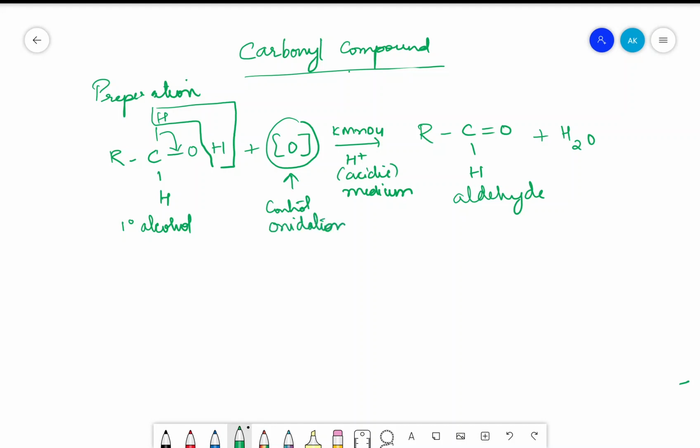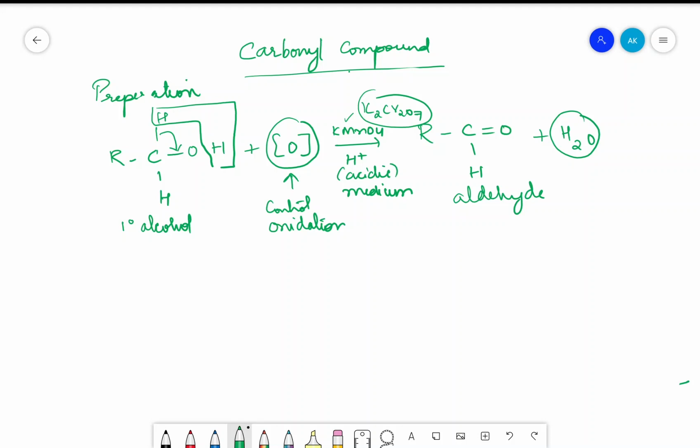Here the oxidizing agent is KMnO4. It can also be K2Cr2O7. These are all oxidizing agents, and this is happening in the presence of an acidified solution or an acidic medium. And K2Cr2O7 is called potassium dichromate. We'll remove these two hydrogens. Removal of hydrogen is oxidation. We'll get a water molecule here. And what else remains is RCOH. This bond shifts here, so we get RC double bond OH.